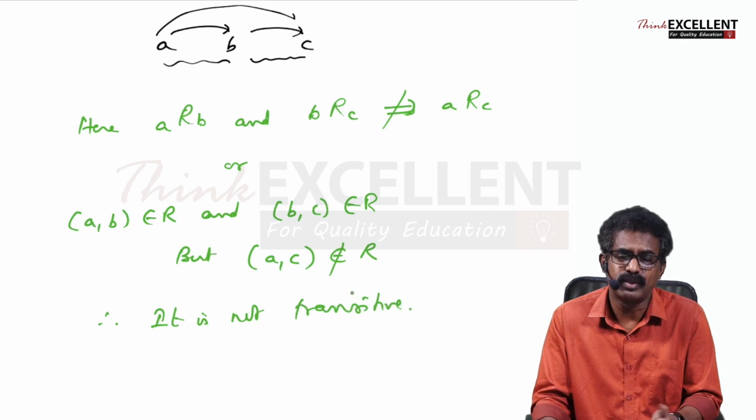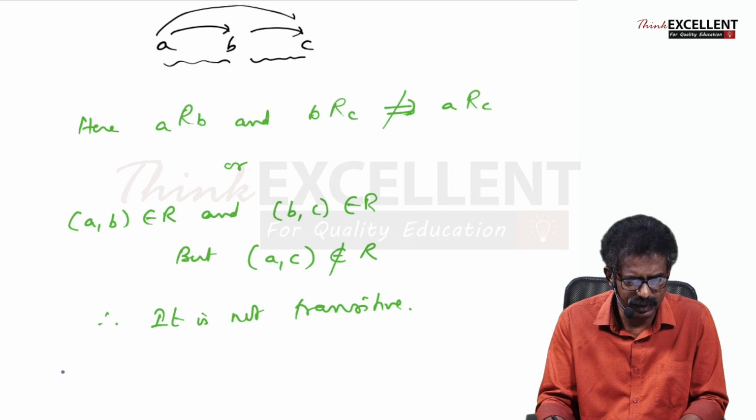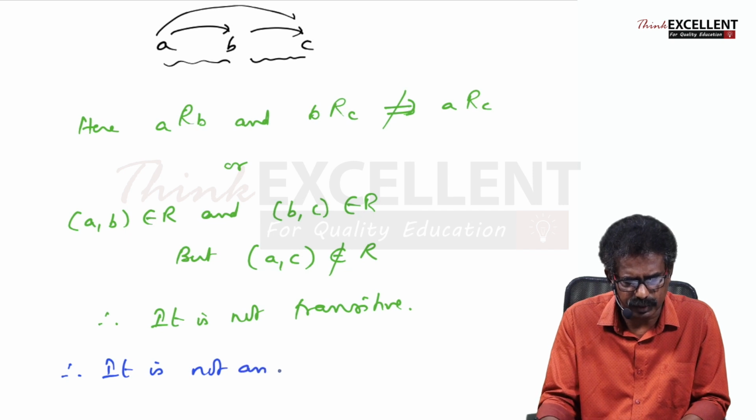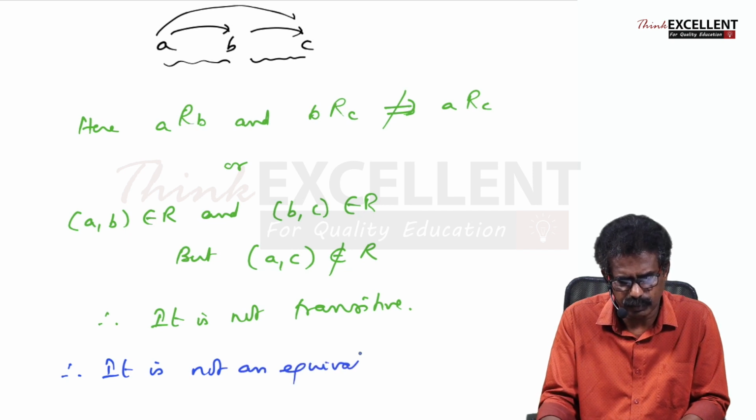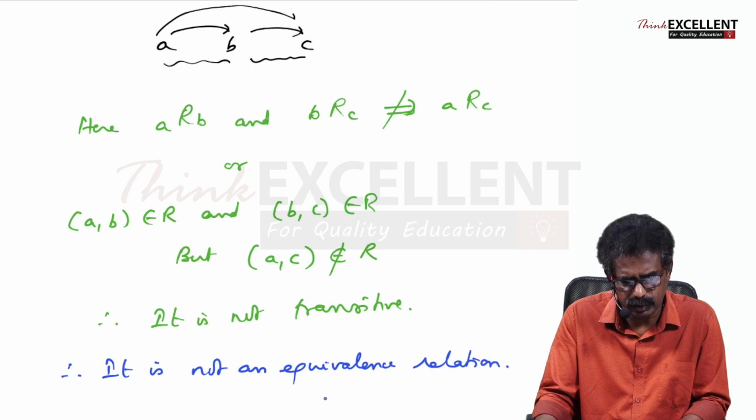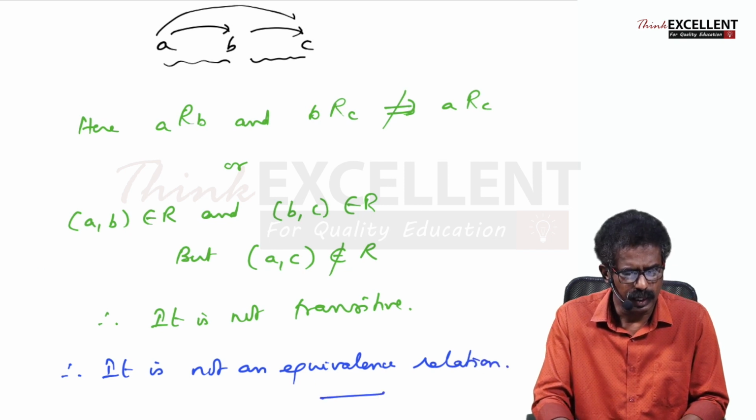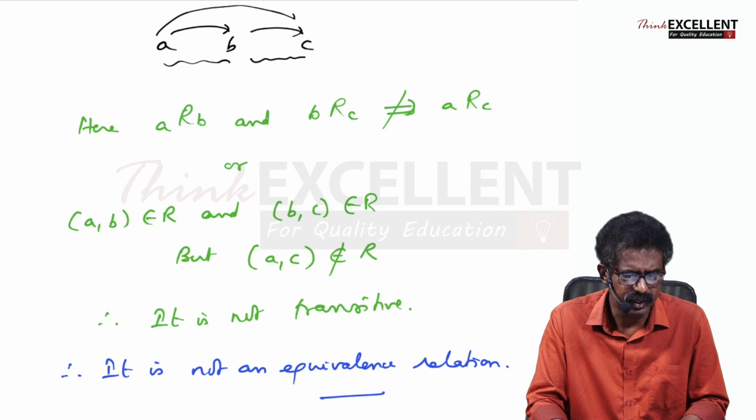If it is not transitive, you know definitely it is not an equivalence relation. Therefore, friendship is not an equivalence relation. So hope you understood. Like that there are some questions: brother of, sister of,